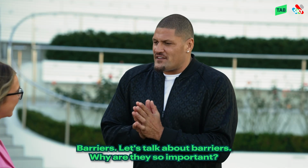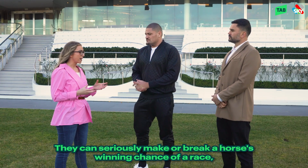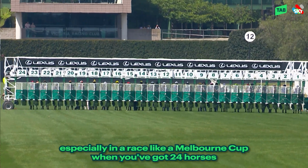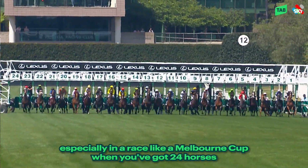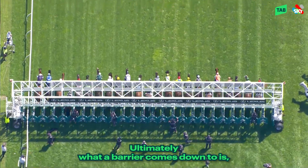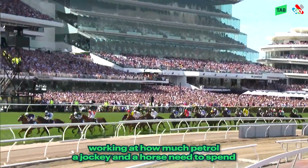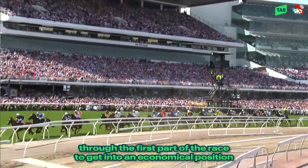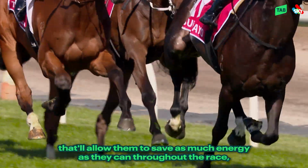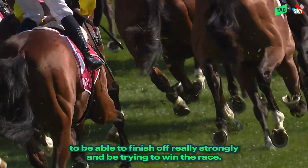Barriers, let's talk about barriers. Why are they so important? Barriers are very important. They can seriously make or break a horse's winning chance of a race, especially in a race like a Melbourne Cup when you've got 24 horses contesting the race. Ultimately, what a barrier comes down to is working out how much petrol a jockey and a horse need to spend through the first part of the race to get into an economical position that'll allow them to save as much energy as they can throughout the race to be able to finish off really strongly